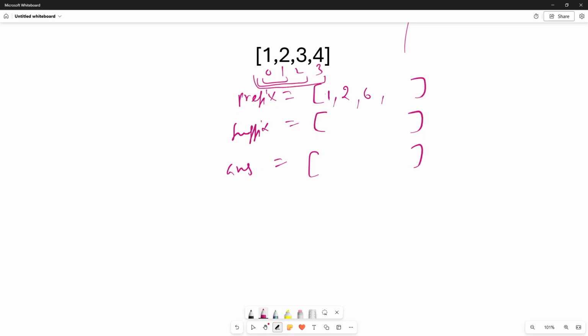So we have 24. Now in suffix we'll start from the right side. At this position we have the product of all elements from that position to the last position. So at this position we have the product of these elements, 4. At this position we have the product of these two elements, 12. At this position we have these three elements, 24, and at this position we have the product of all the elements,